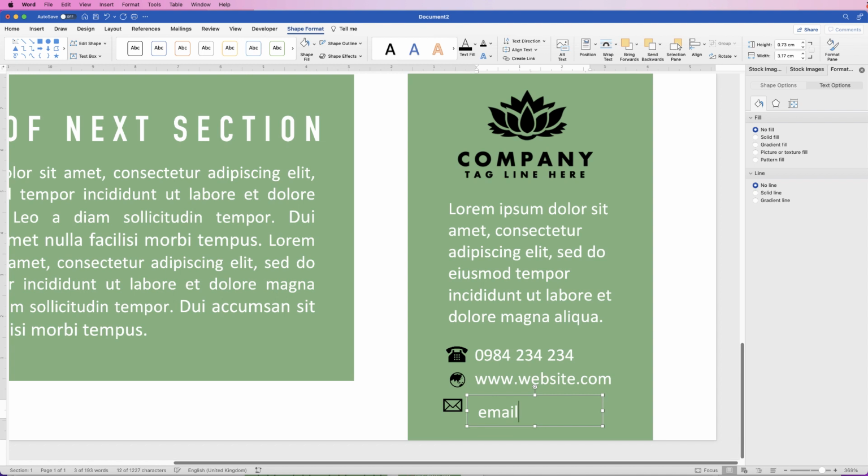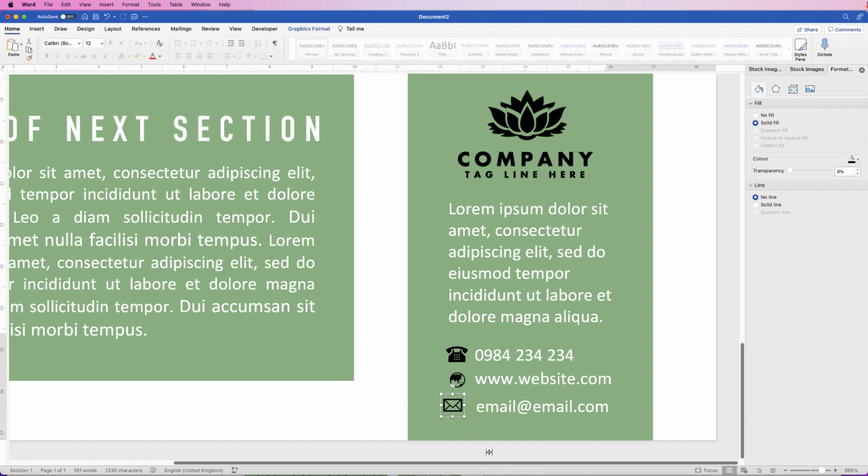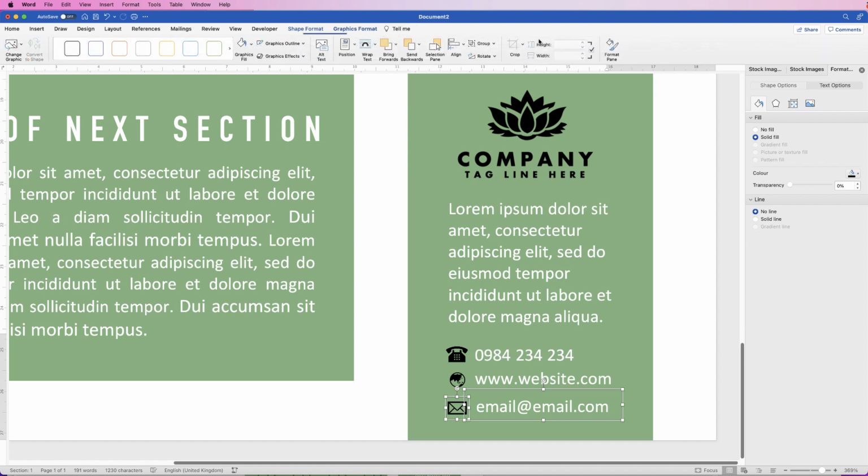Let's do email. There we go. And again, let's line up the email with that W, and then let's just move this icon. That's roughly in the middle there, roughly in the middle that way too. So let's group these two together as well. Group. There we go. And then we can move all of these up